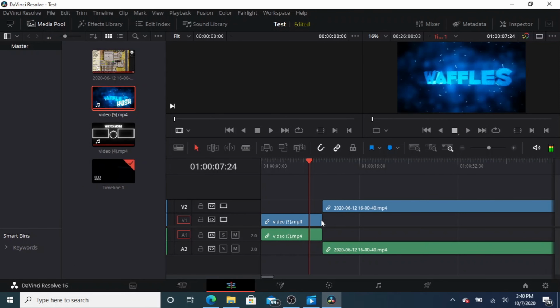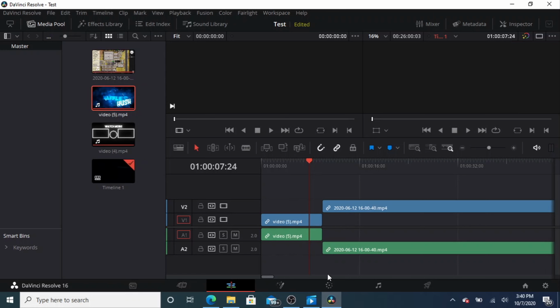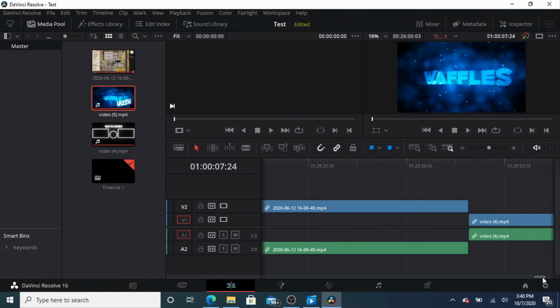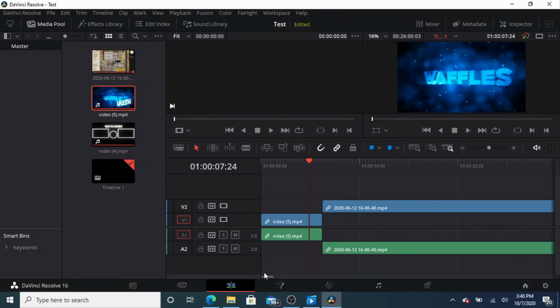You're going to put your intro and your outro on the first line, and your video itself on the second line. This is so later you can control the volumes. That way your intro is not too loud, because if your intro is loud and then your video is quiet, that's immediately going to give your viewer a